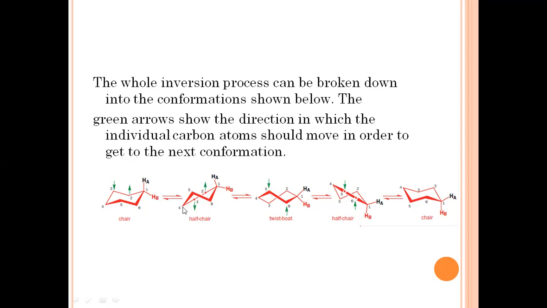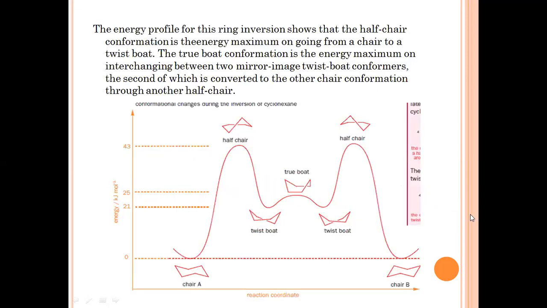These two carbon atoms, which are at the terminal sides of the structure, will form weak hydrogen bonds. Then in this conformation, the second carbon atom moves upward and the third is again moving downward, so they form a twist boat conformation. This twist boat conformation is stable as compared to the half chair conformation, as it has lower energy than the half chair conformation, but it is not as stable as the chair conformation. Now again this will move in this direction to form the half chair conformation of a different carbon atom, and it will again be converted into the chair conformation.